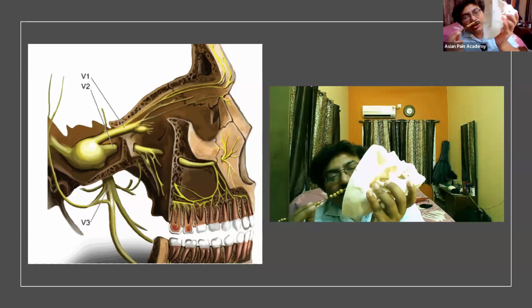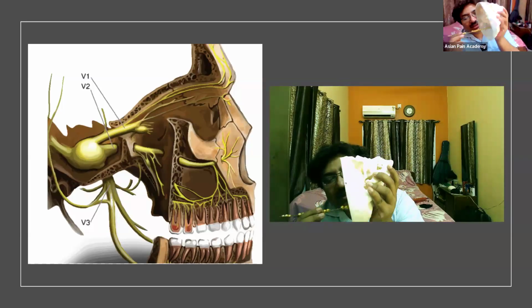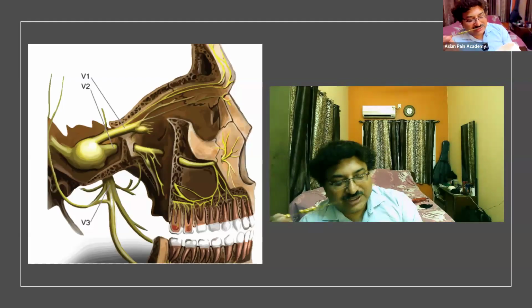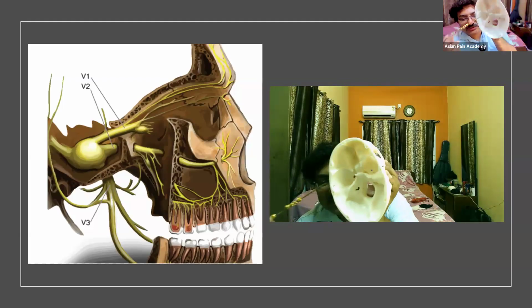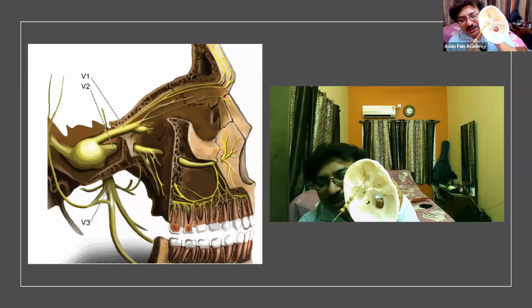So the brainstem becomes the medulla oblongata, and it comes out through this foramen. That is how the anatomy is. Now if you look at the structures from middle anterior to posterior, we have the cribriform plate and the crista